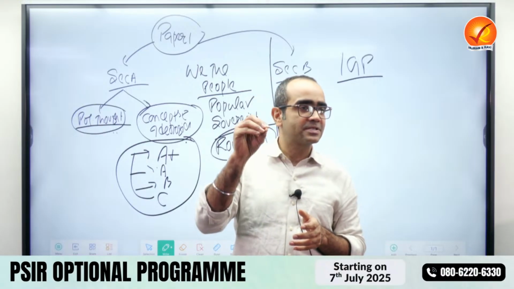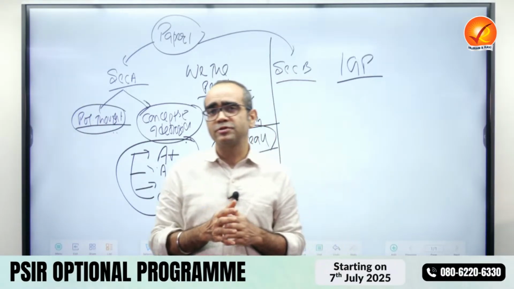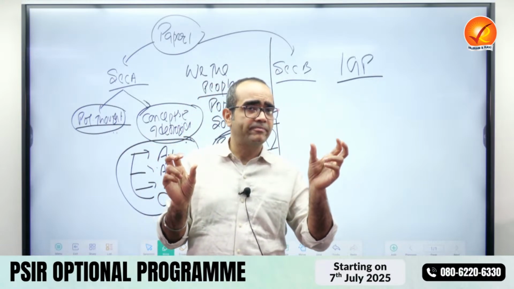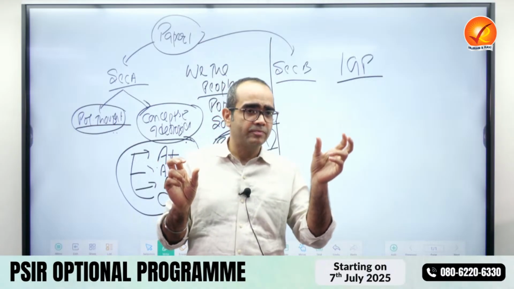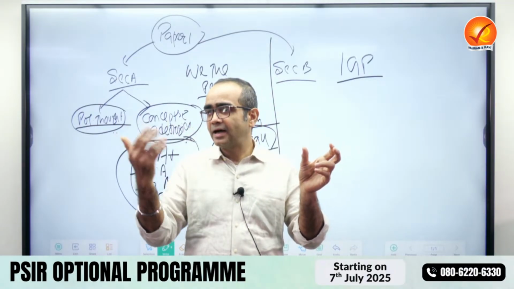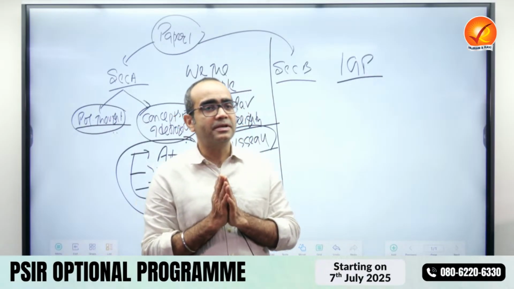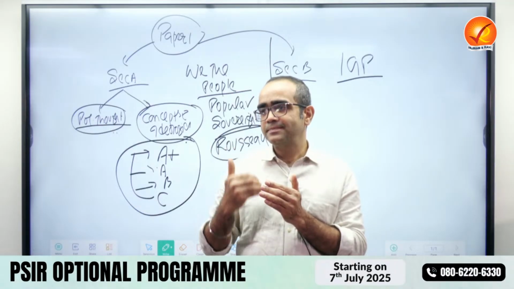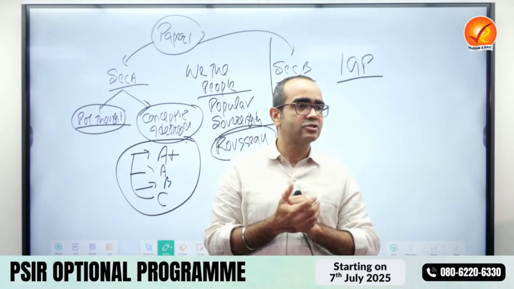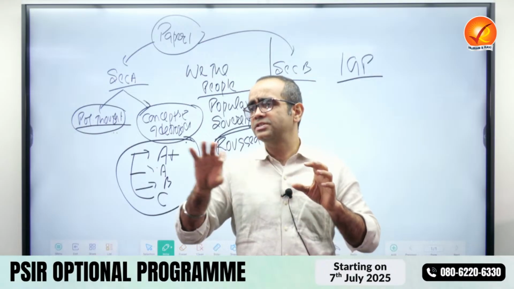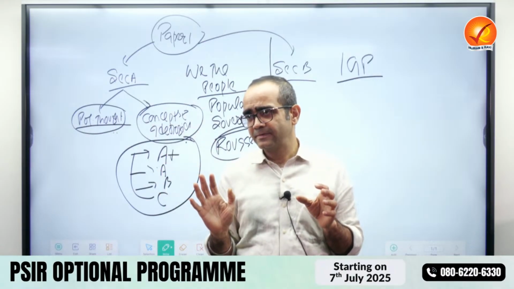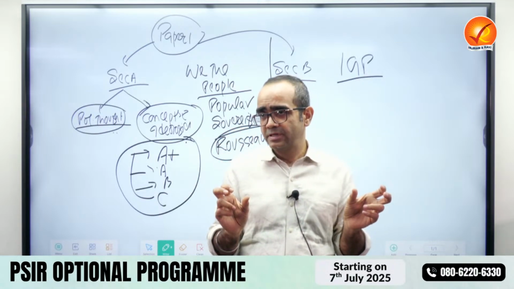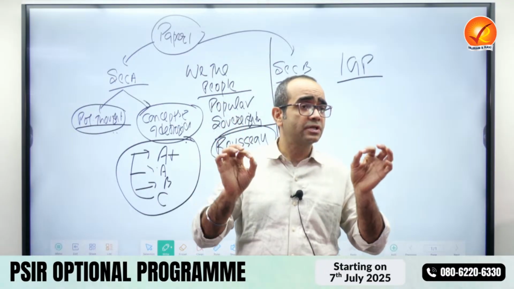See, every optional has a specific requirement, and the way you have to approach, especially part B of both the papers, paper 1 and paper 2. Part 2 of part B of paper 2 is Indian foreign policy. Obviously, your GS IR overlaps with that. The point is that the requirement of the optional is first you have to use theoretical concepts to give your answer along with analysis of the scholars. If you're not giving that, your answer will be general and you will get general marks itself. So if you want to score good marks in section B of both the papers, you have to write as per the optional requirement.